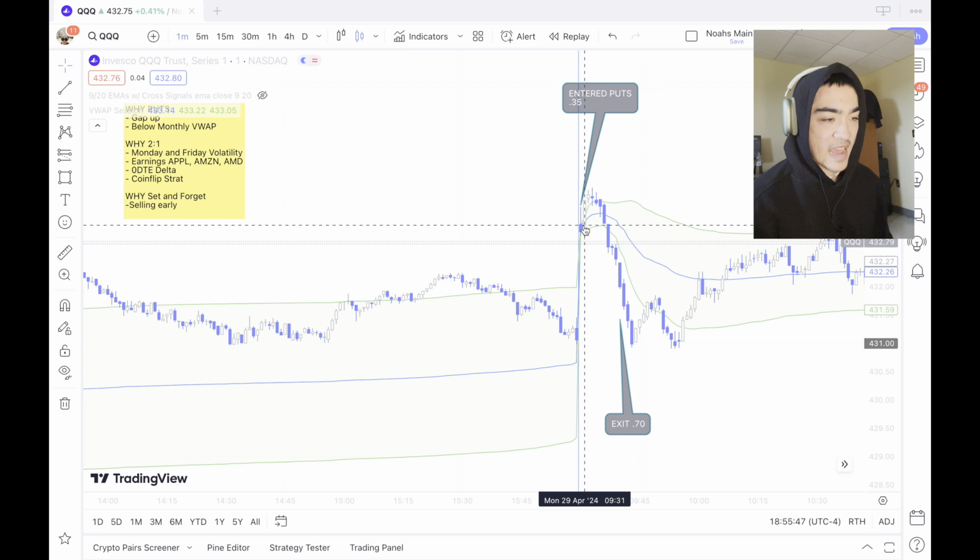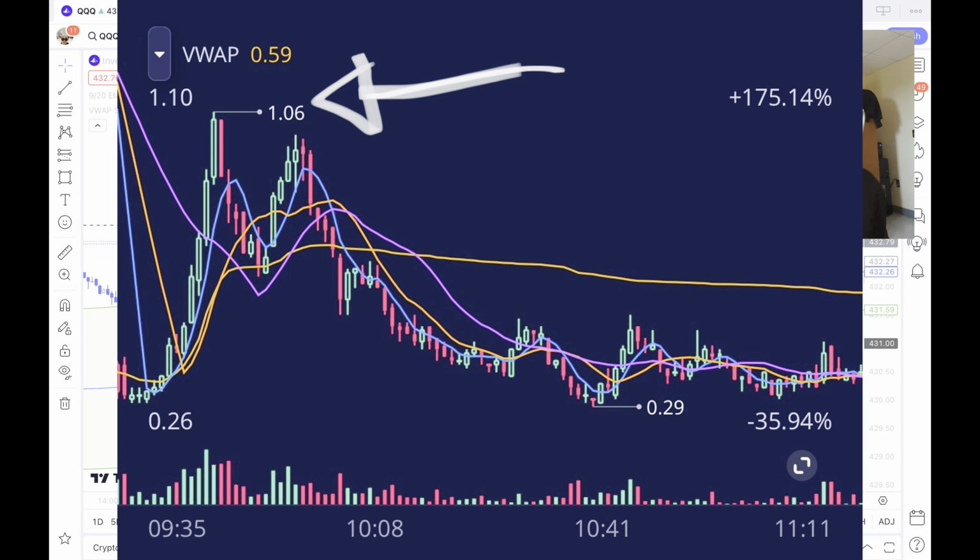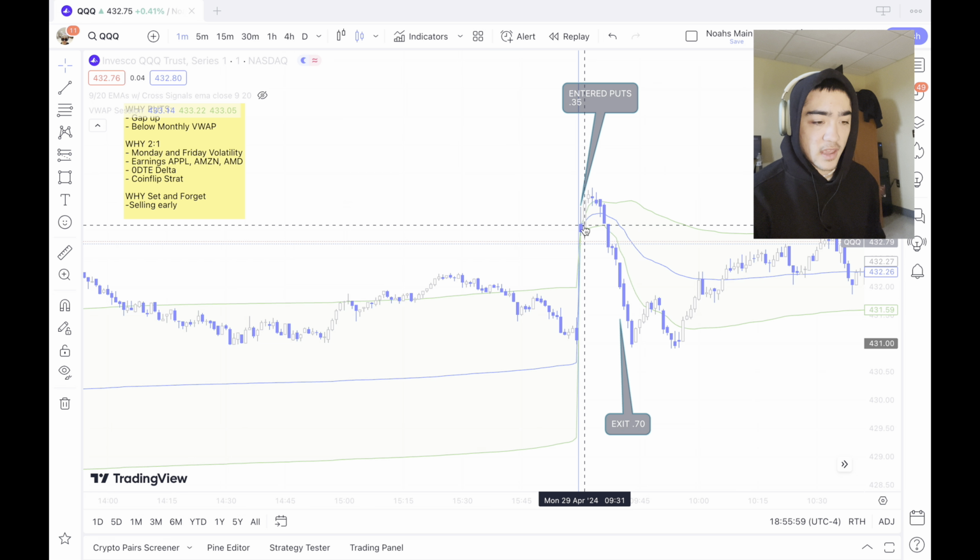So if this gap were to fill, I knew that it was going to get 100%, and we actually missed out on profit. I'm going to put on the screen right now the actual contract's maximum hit after this trade. I believe it hit $100 and $103, something like that. So theoretically, I could have 3x'd, but I didn't want to get greedy, and I felt like 100% was happy